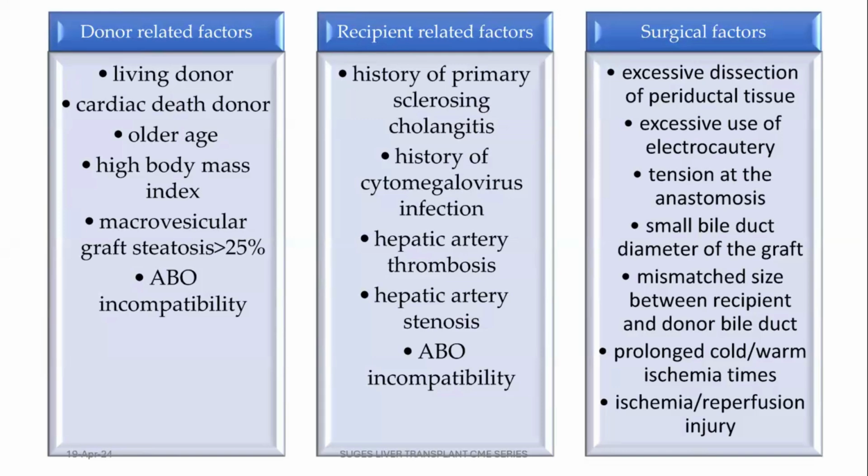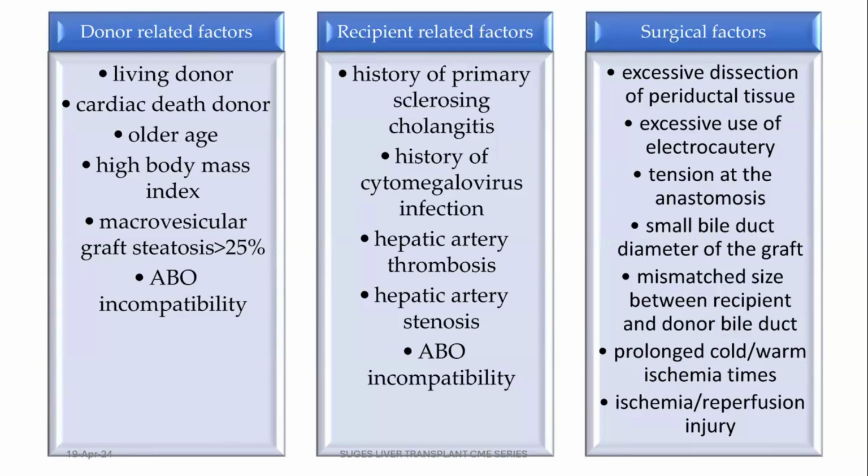And then there are surgical factors. These are the surgical technique. If you have excessive dissection of periductal tissue, you'll have complications. We will go into the complications in more detail, but this is just an overview. Excessive use of electrocautery may cause problems with the biliary ducts. It may also cause problems with the arteries, especially the hepatic artery. Tension at the anastomosis, a small bile duct diameter of the graft, a size mismatch between the recipient and the donor bile ducts, and prolonged ischemic times, cold and warm ischemia times,